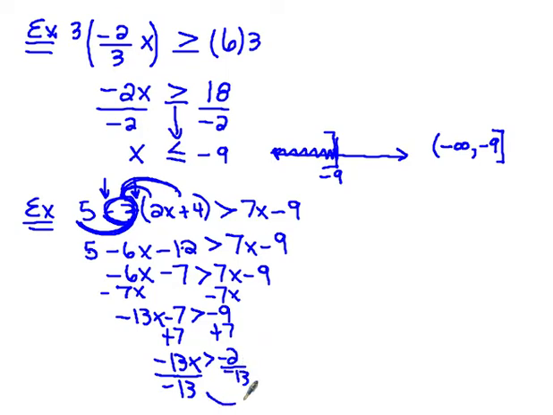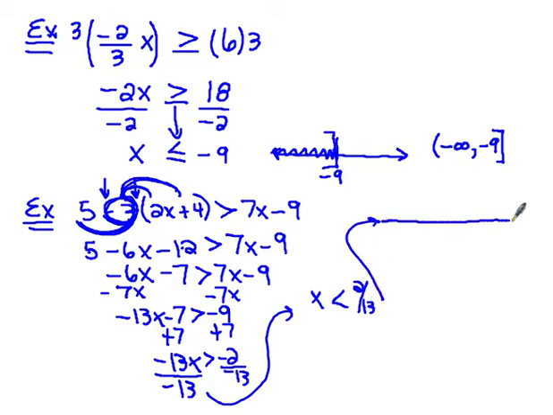Alright, and because I divided by a negative, that greater than sign is going to become a less than sign, and I've got x, and a negative divided by a negative is a positive, so I've got positive 2 over 13. And again, don't be afraid to get some of those nasty looking fractions. There were some not so pretty fractions on the homework. Alright, so less than 2/13